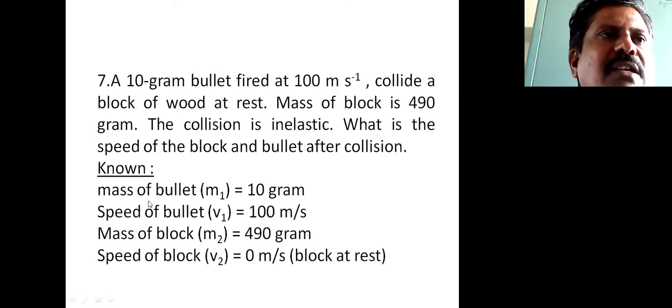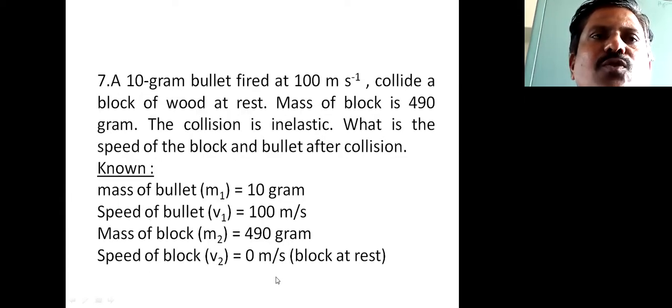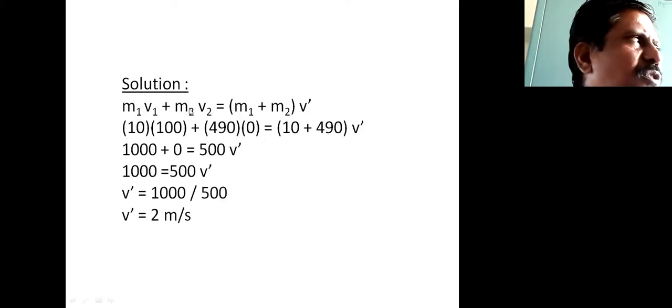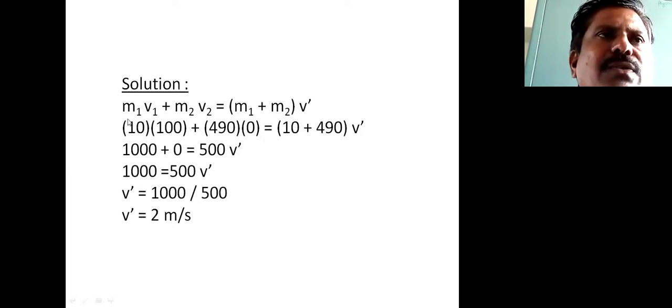So here the given things are: mass of bullet m1 equals 10 gram, and speed of bullet v1 equals 100 meter per second. Mass of block m2 equals 490 grams, and the velocity of the block v2 equals 0 because it is at rest. Then by using the law of conservation of momentum,